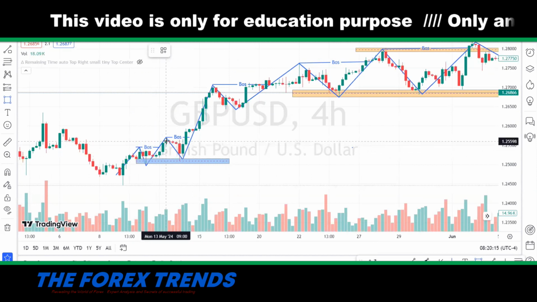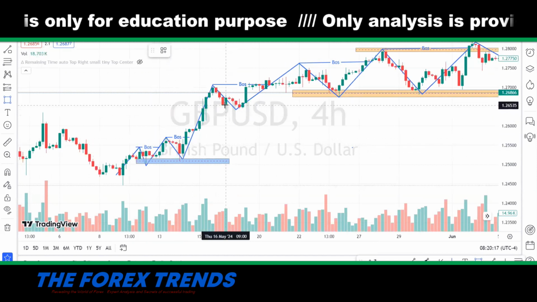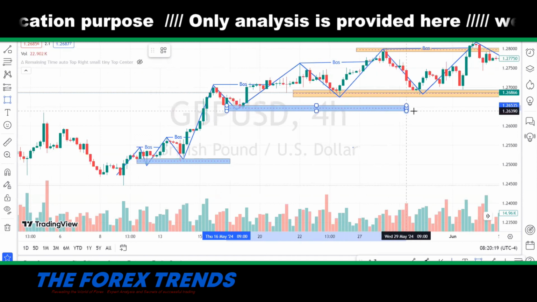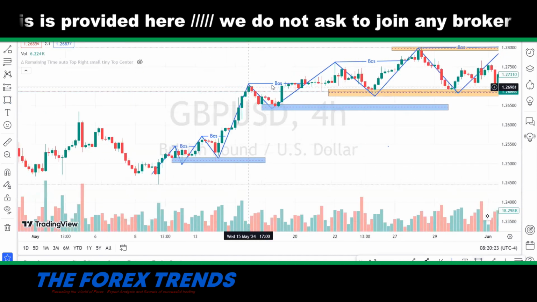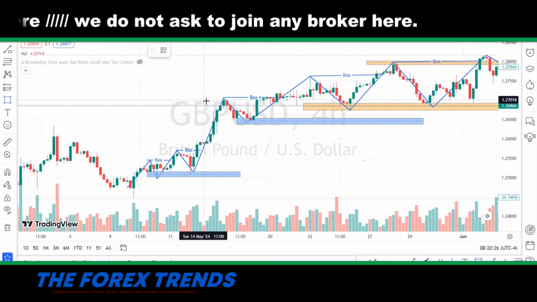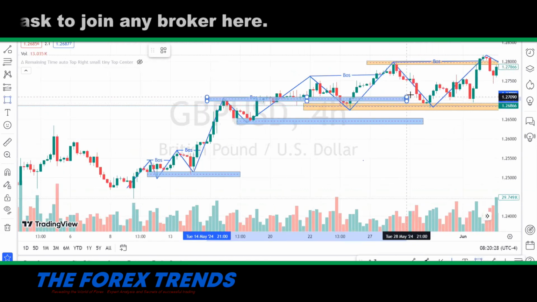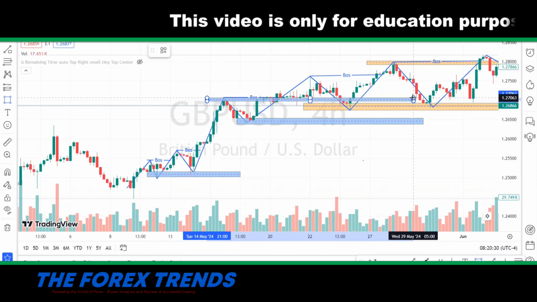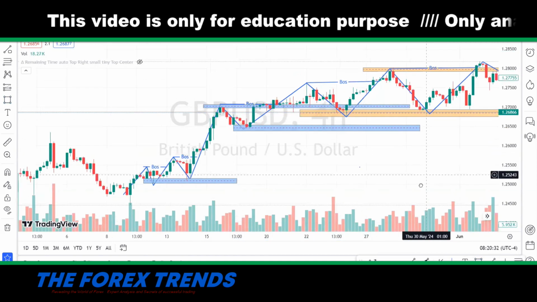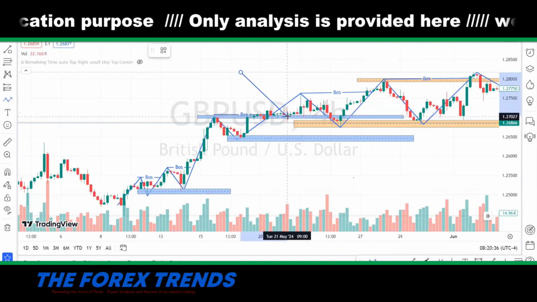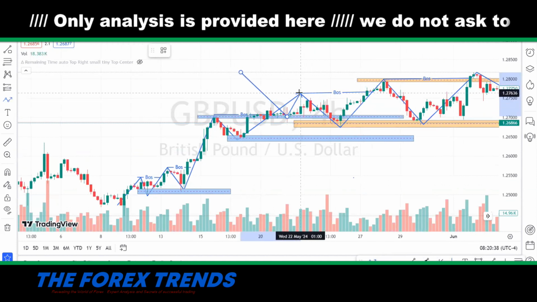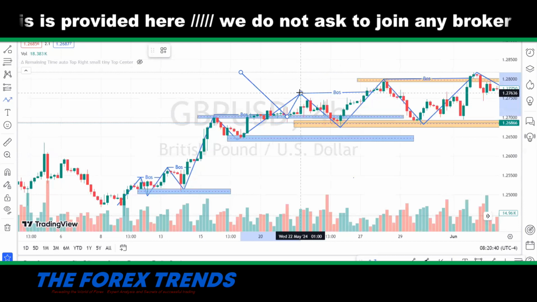point of interest, that is this and this. Two points of interest are there, and look how nicely the market works. Market price comes to this level, rejects and goes up, and then